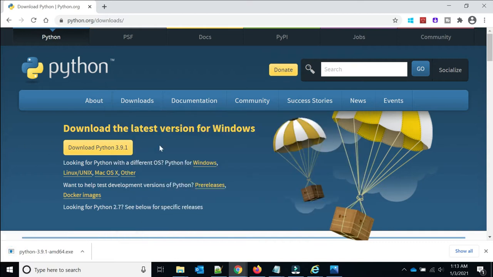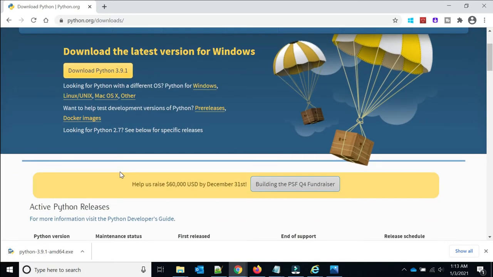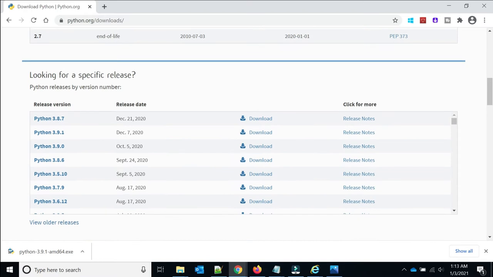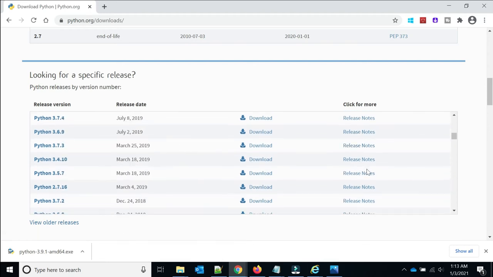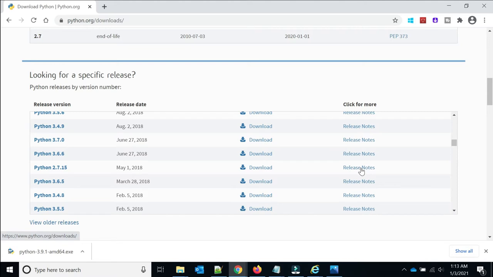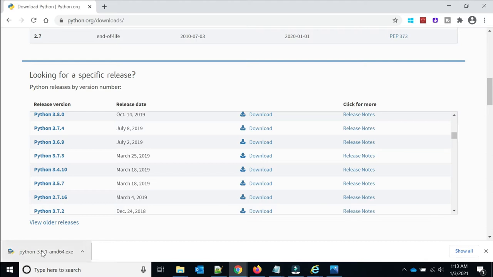If you want a different version, based on whether your system is 64-bit or 32-bit, you can download from here also. You can check what your system is, either 64-bit or 32-bit, and download the software accordingly. Now the software is downloaded.